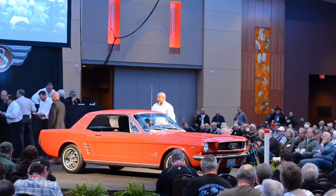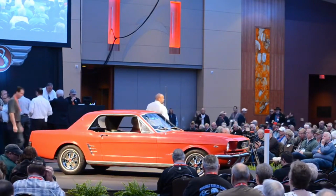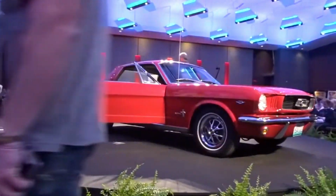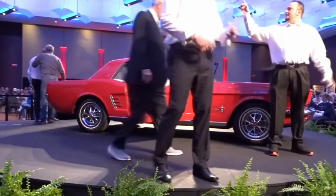Collectors highly prize the original 1964.5 models, especially those with rare engine configurations. The Mustang's debut revolutionized the car industry, creating a legacy that continues to thrive in modern iterations. Number 3,